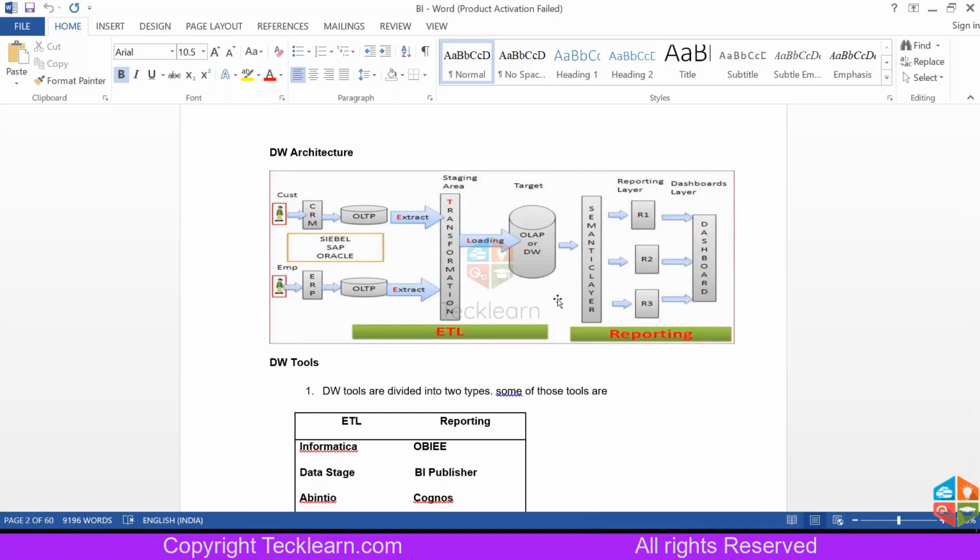But when you're going for a single solution or a specific solution, you don't want all the data or all the tables. There is no point in hitting the entire database or getting all the data. So we have a part called the semantic layer, or in OBIEE, as I said, the RPD, where we will pull the specific tables from the specific schema and model them here.